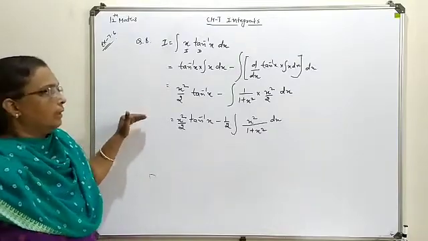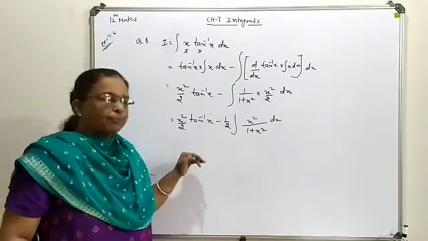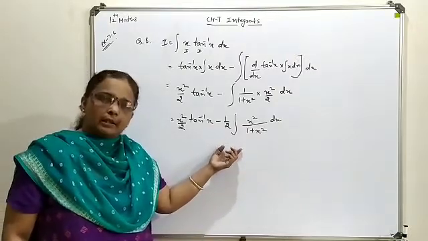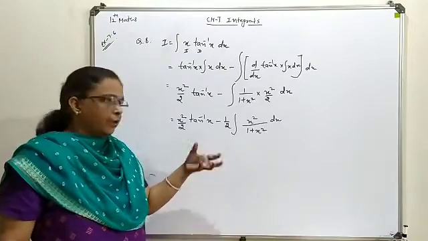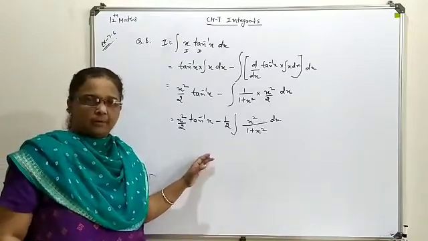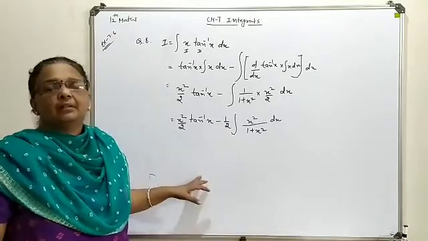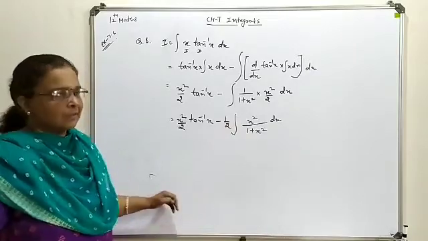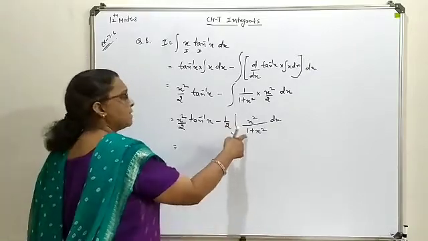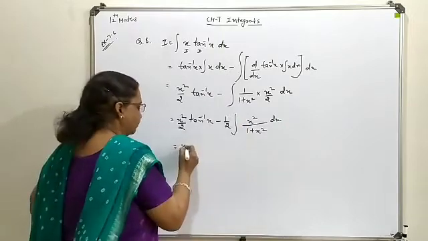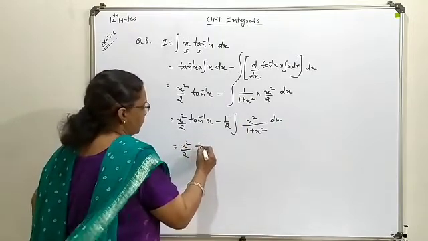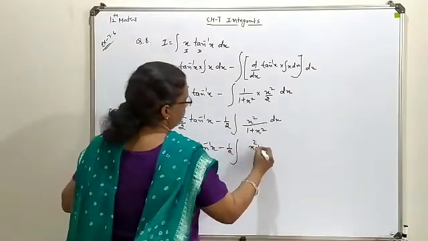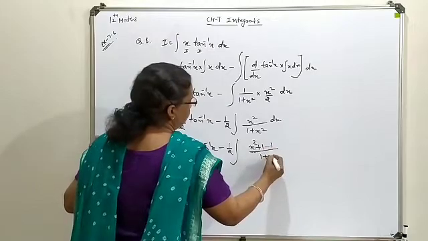After writing your method as by parts, you will think about the solution of the remaining combination regarding the integration. If it is possible to handle by direct integration, you will proceed that way, and if by parts is possible here also, you will proceed with that. So here along with this, x square plus 1 and minus 1 you will write, because we are going to produce the same term here. This is x square by 2, tan inverse x, minus half you keep outside. This is x square plus 1 minus 1 upon 1 plus x square.